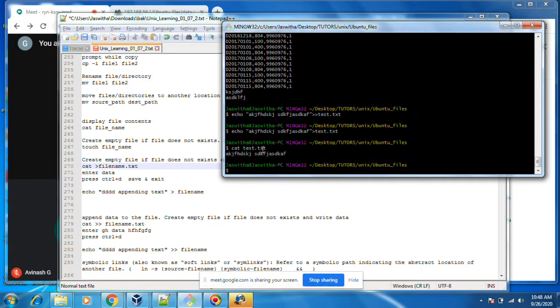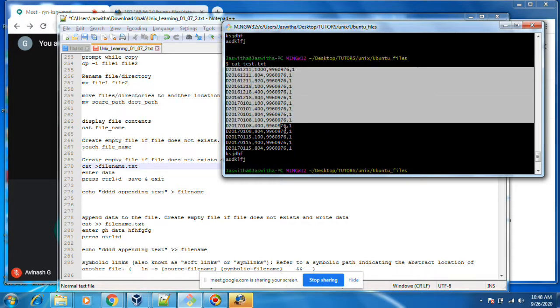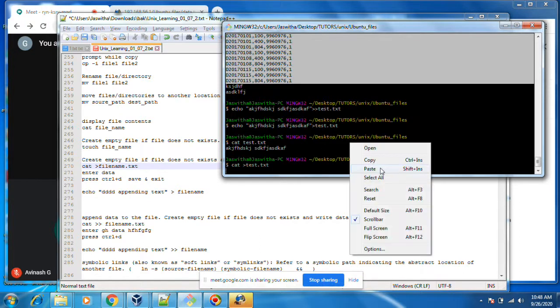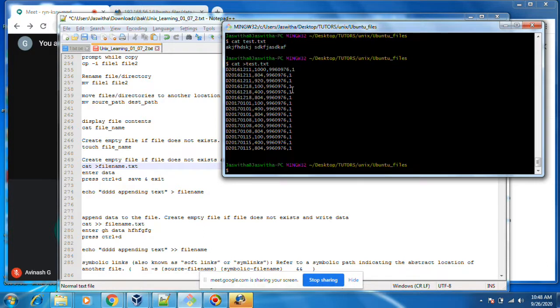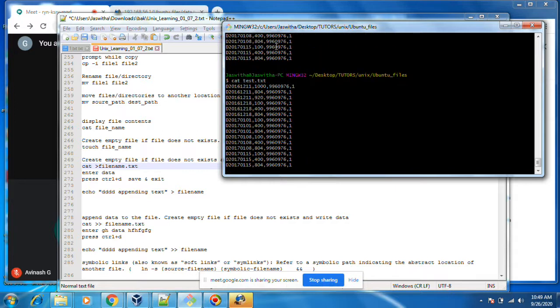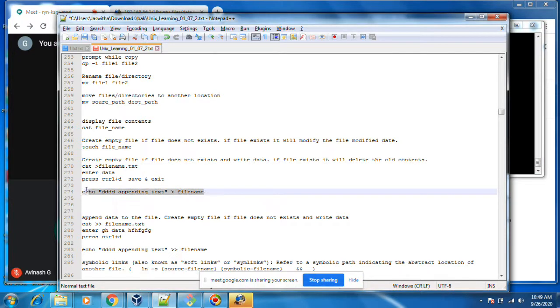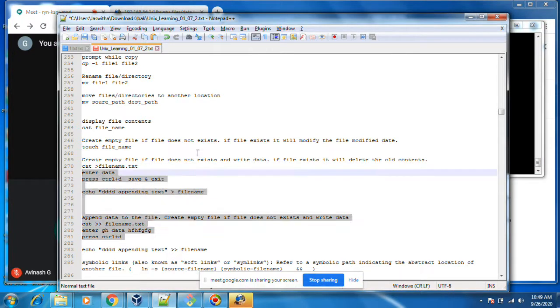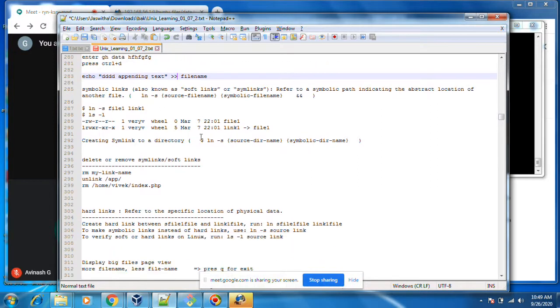Right now, cat greater than test.txt. Now again I am going to add this. The existing data will get removed. Be careful while using greater than. Now you see, the cat old data will get removed. Either cat or echo should behave similarly. Double greater than is also fine.